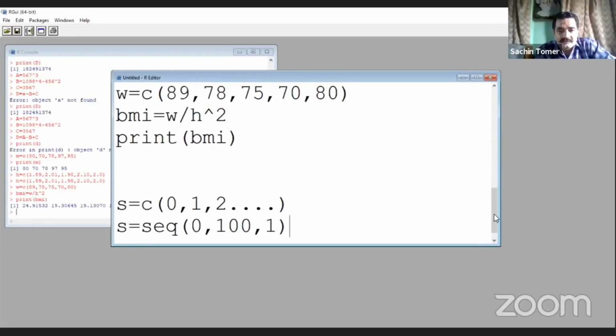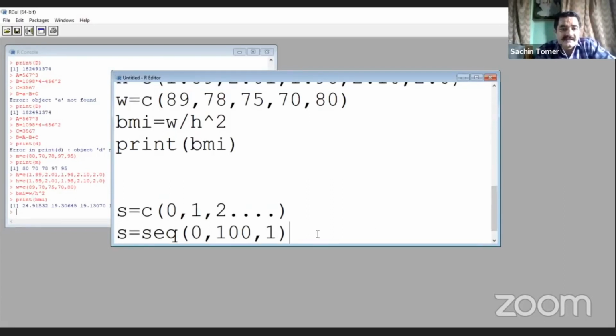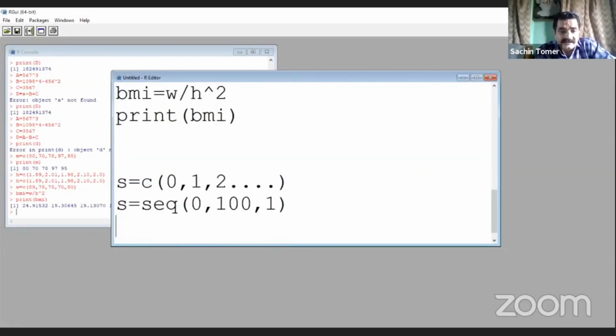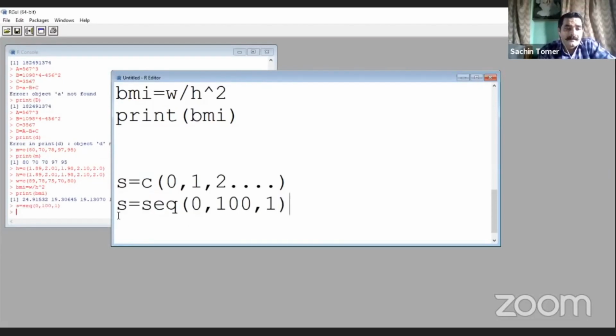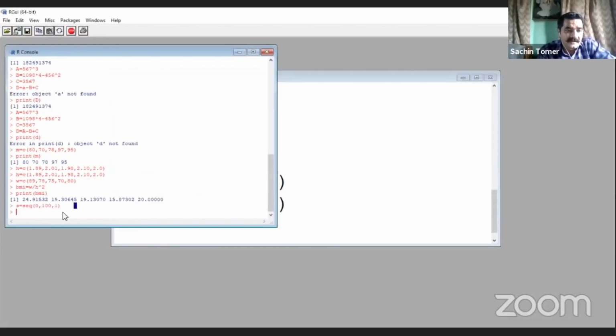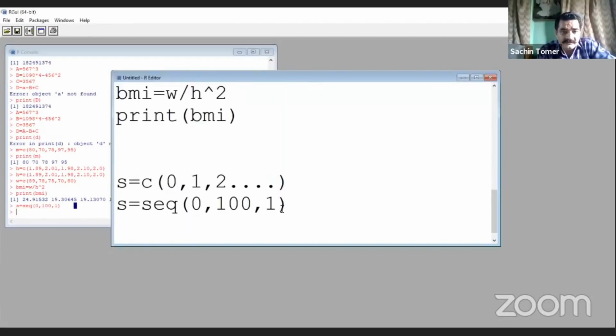So what we are doing here is generating the numbers from 0 to 100, and it is stored in the variable s. To get the result, let's see whether there is any error or not. Select this command and press Control R. We can see there is no error; the command is right. So let's move further.